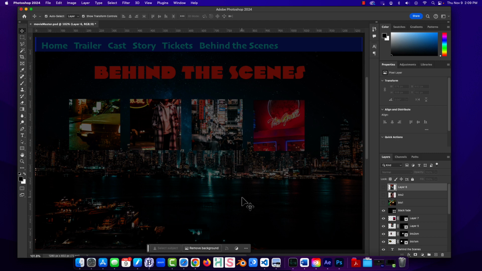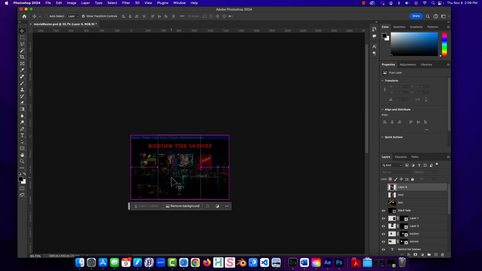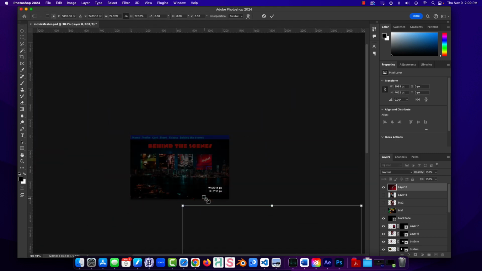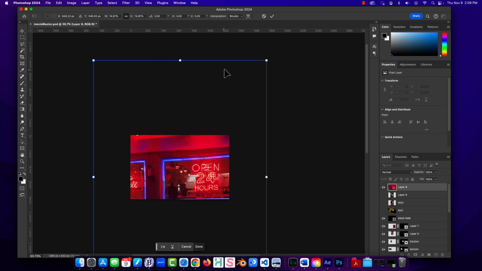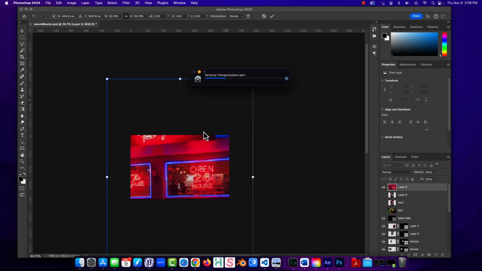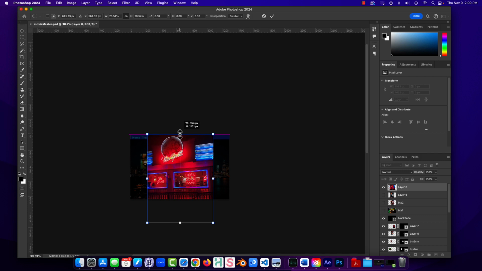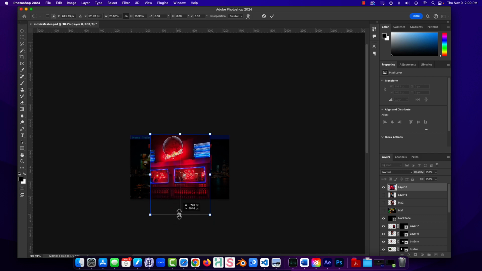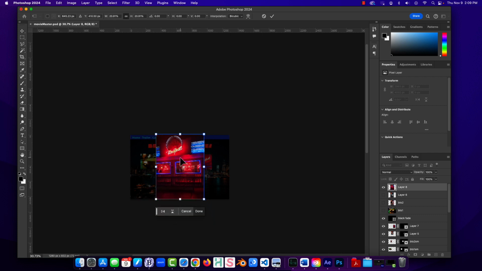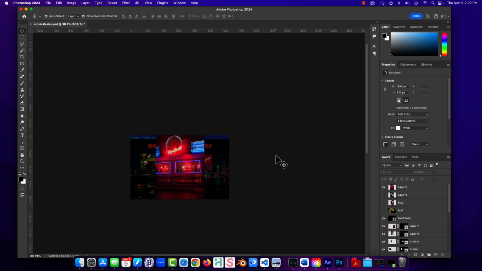So with that selected, let's just zoom out, paste. Got it small enough that I can kind of grab it. And then I'll just grab the middle so that it will scale until it snaps to the size of the document. Hit done. So it's now been scaled down. Perfect. Now with that fade,